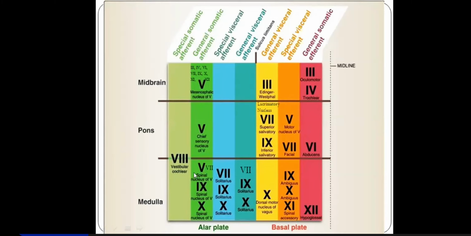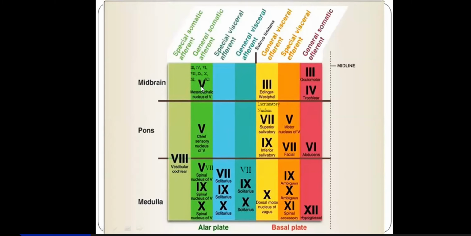So this facial nerve you will find here in the spinal nucleus as well. Such sensations will be brought into the spinal nucleus and even to the chief sensory, because the chief sensory receives the exteroceptive sensations of touch, pressure, vibration. So it will be brought in here also, and in the spinal nucleus, pain and temperature and fine touch sensations from the pinna will be brought here.